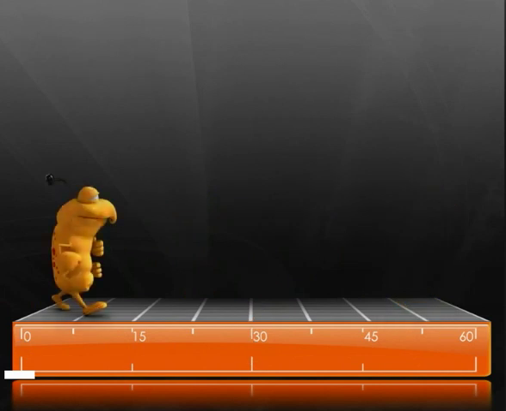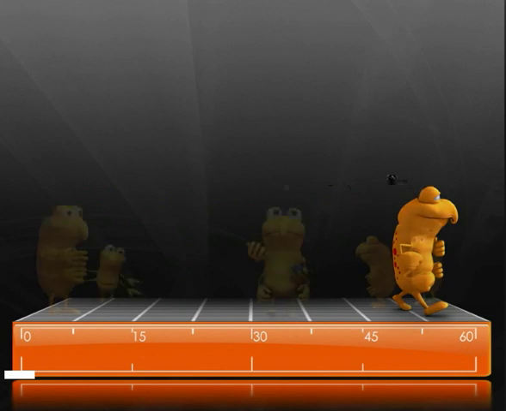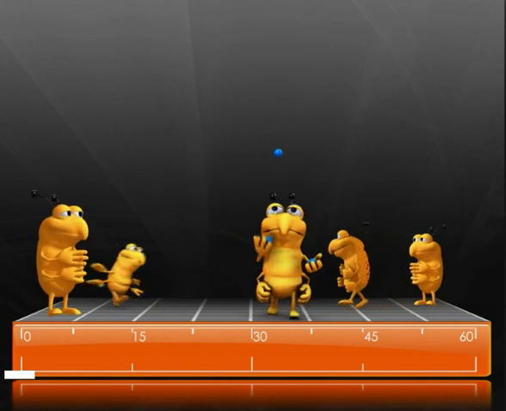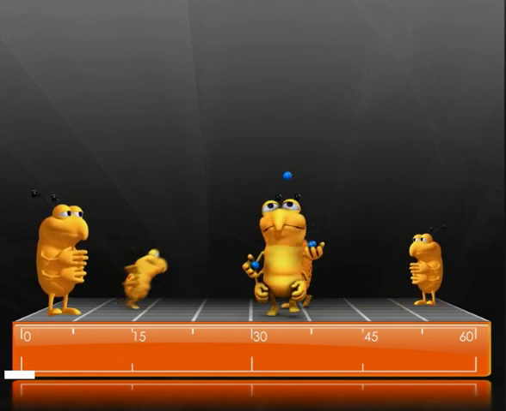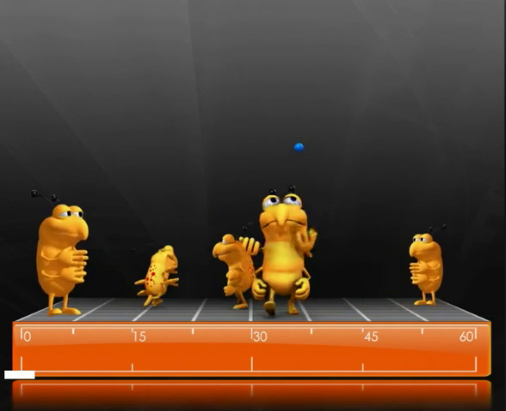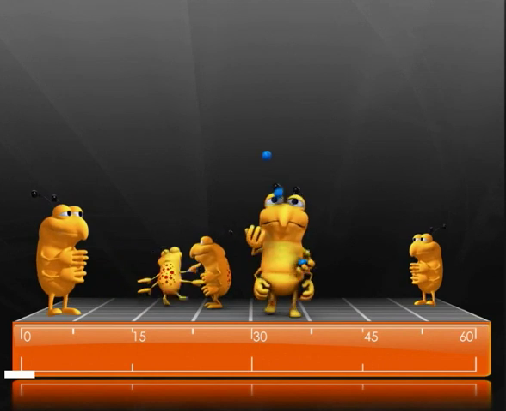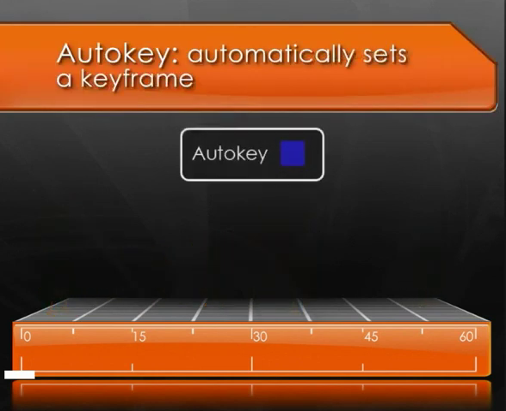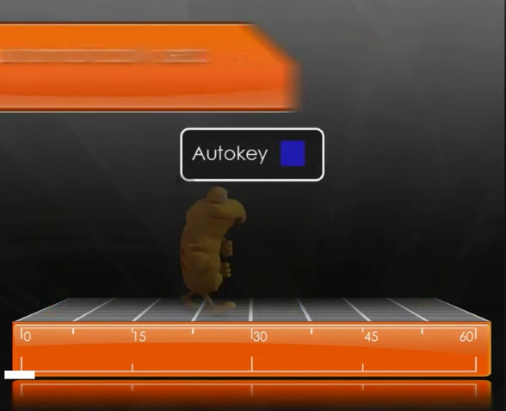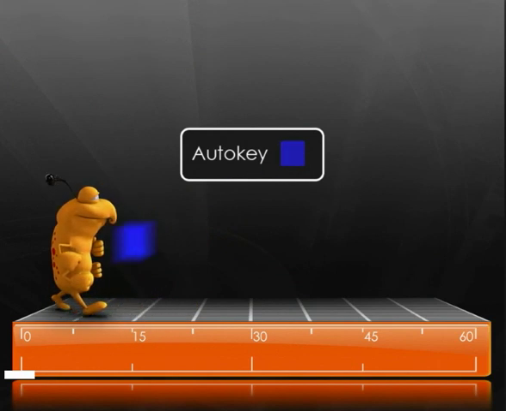This way of setting keyframes is okay for a simple animation like this, but when we start to animate dozens of things on our screen, we're going to have to save time wherever we can. Now we can cut out the step of actually clicking the Set Key button by turning on Auto Key. Now what Auto Key does is it sets a key on the current time whenever we change an object's keyable